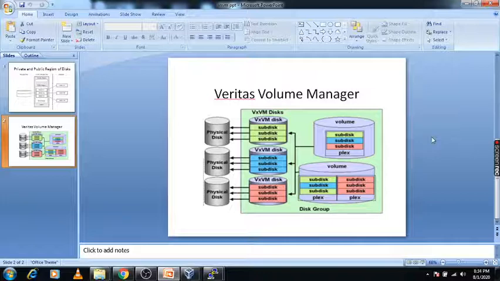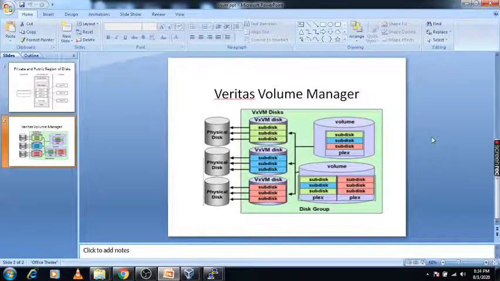Online resizing, also called dynamic resizing: when you want to resize, shrink, or grow your volume, you can do it easily with no downtime required. You can also take a snapshot of the volume. These types of features are provided by Veritas Volume Manager.